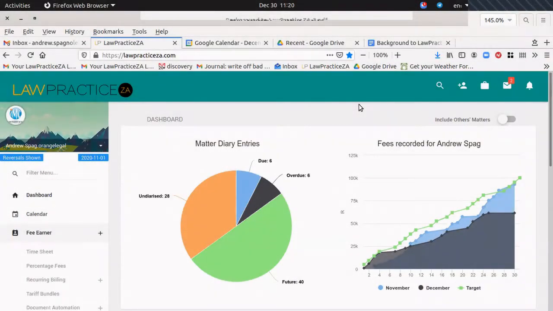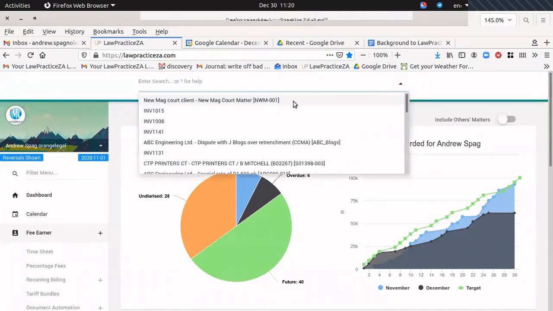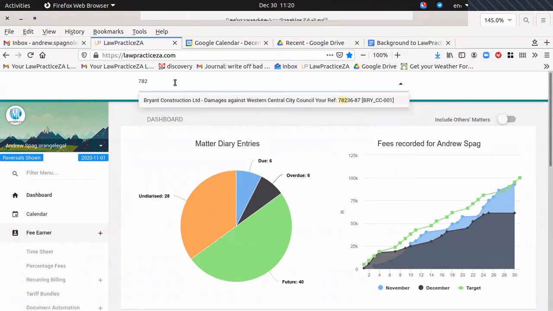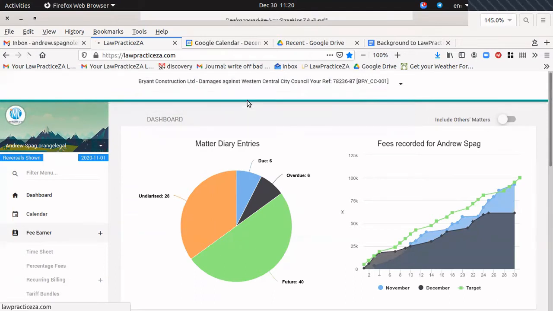So the first thing you need to do to capture fees, you need to identify which matter or select the matter. Now, there's various ways of doing that. You can select the matter in the search bar. For instance, just start typing any part of the word. For instance, I put damages there, or if the client phones with their reference number, just type that. So you can type any part of the client name or matter description, and you click on